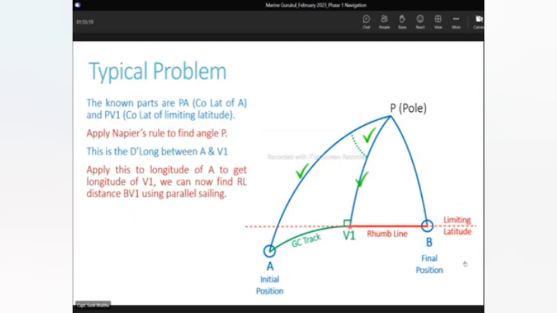This D long is used in the parallel sailing formula to calculate the departure between B and V1, and it gives us the rhumb line distance BV1 using parallel sailing. Coming back to the first triangle PAV1, now the next thing which we find